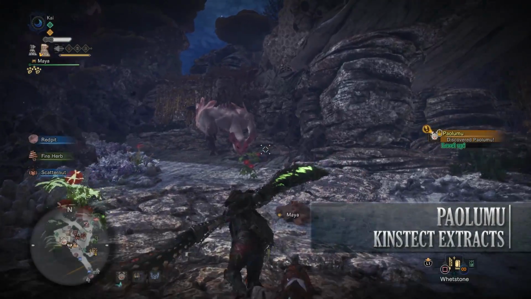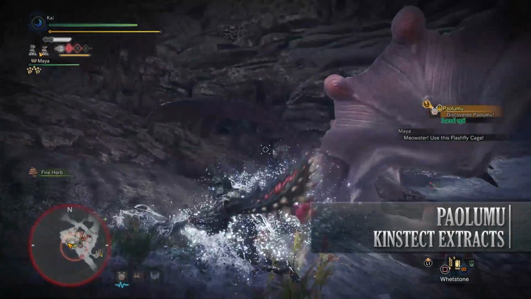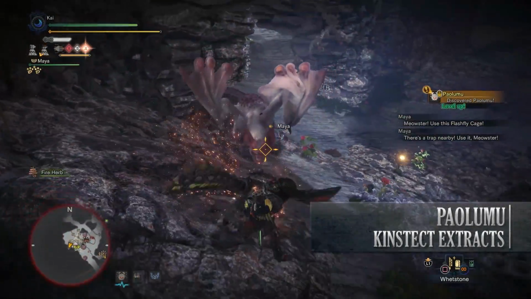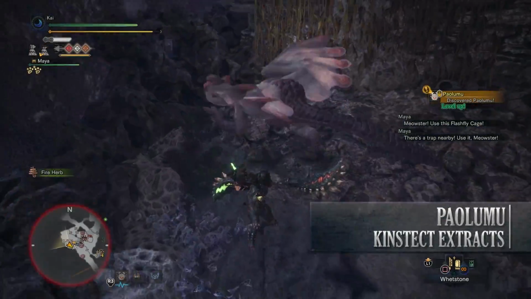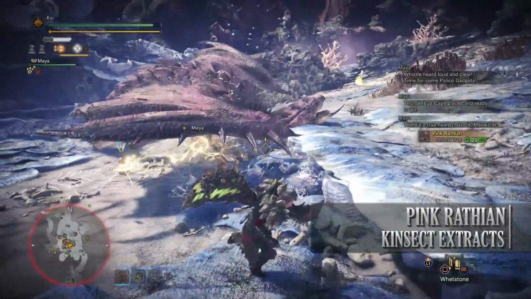Next with Paolumu, you'll get red for hitting her head or the neck pouch when she's inflated it. You'll get orange for the body or the tail, and you'll get white for either of the wings and either of the legs. Next with Pink Rathian, you'll get red for hitting her head, orange for the body or either